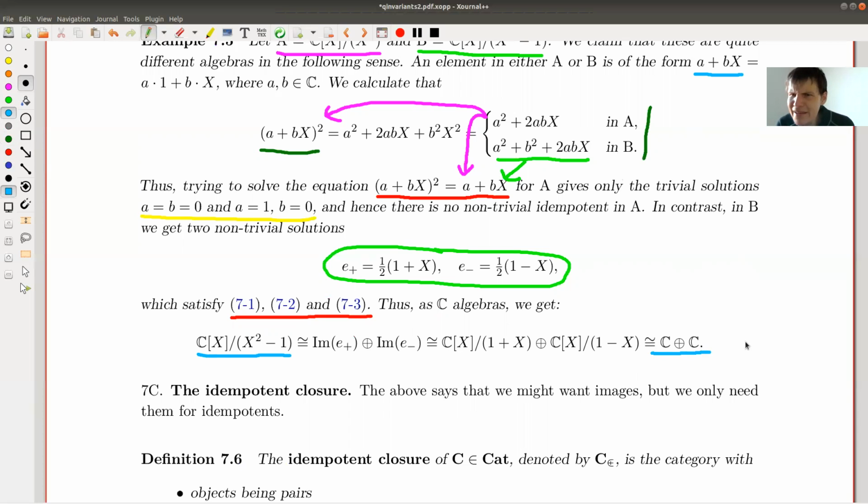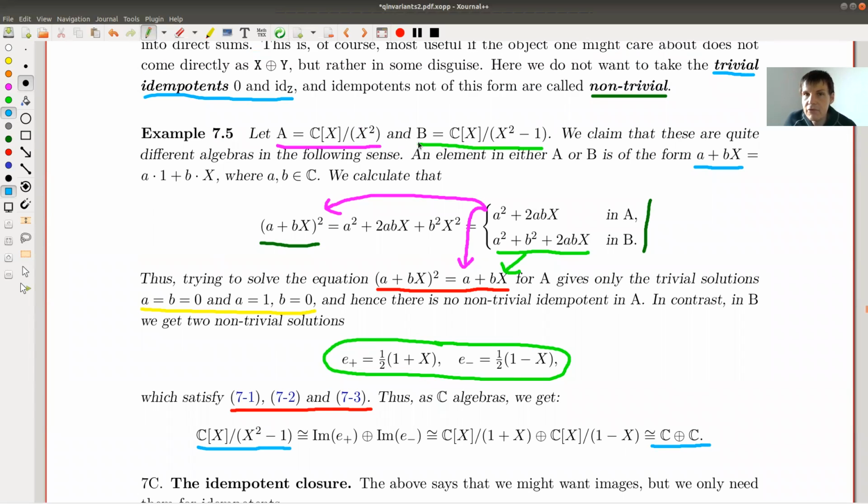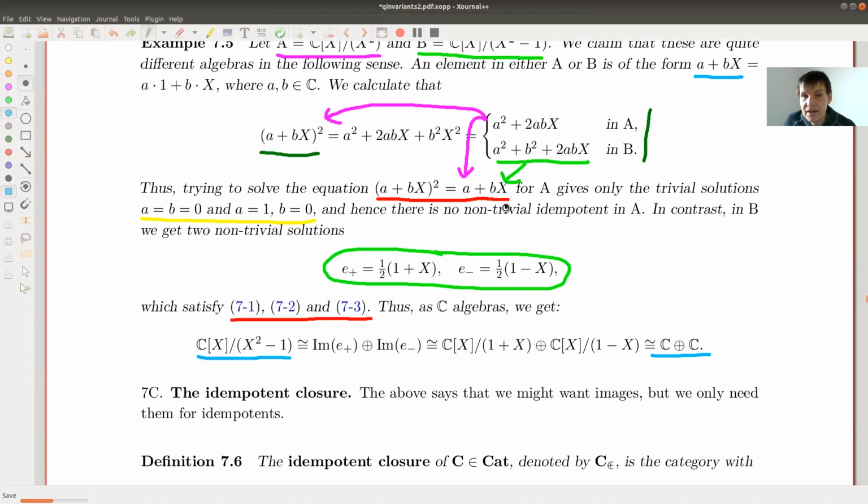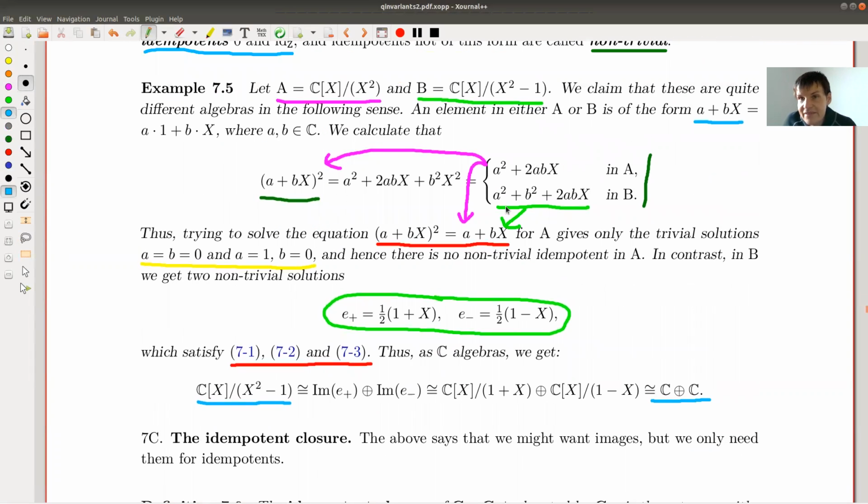So they're wildly different algebras. Also, they look very similar. They look very, very similar, but they're wildly different algebras. And the way to see this, in this example, is to use just idempotents. It's a calculation to check whether you have idempotents. I mean, that's just almost trivial algebra. Just solving certain equations. That wasn't all that bad, right?